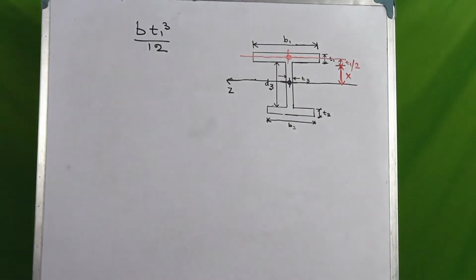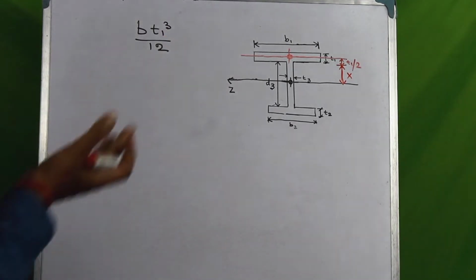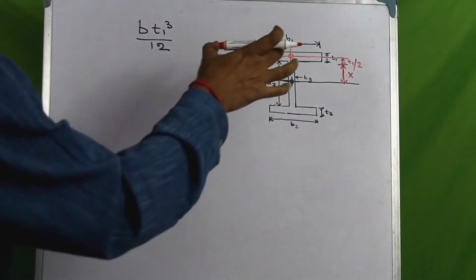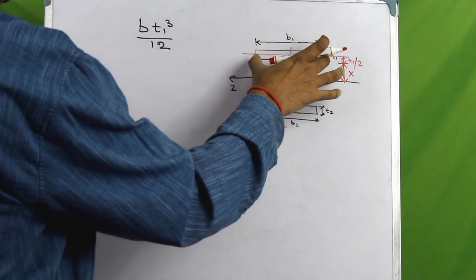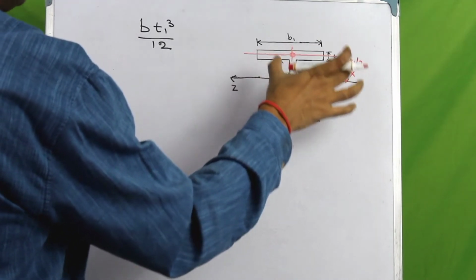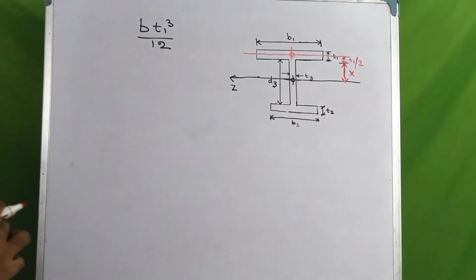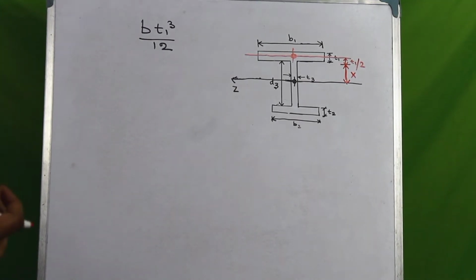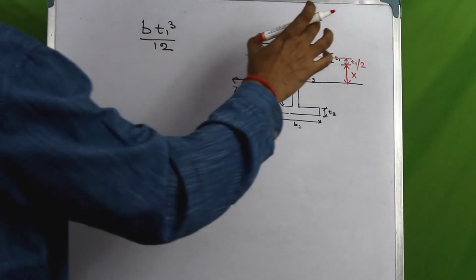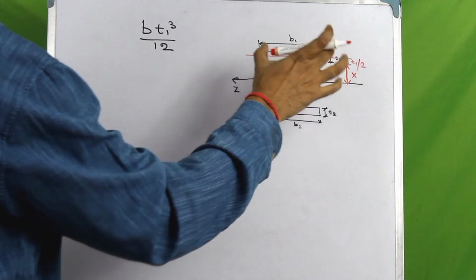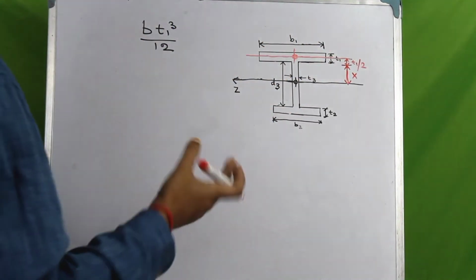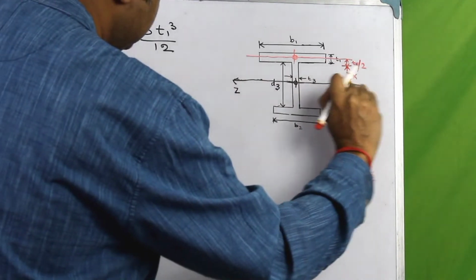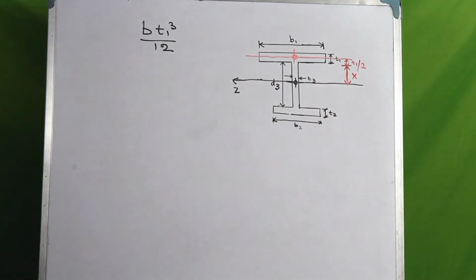Once we identify the distances, the moment of inertia of this component can be transferred to this component by using the parallel axis theorem. That is, the contribution of the top flange to the moment of inertia of the whole cross section about this Z axis will be then given by